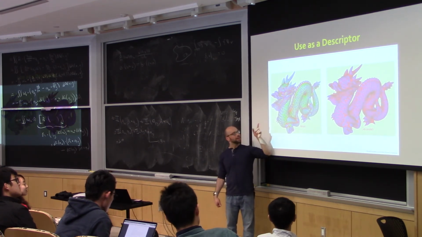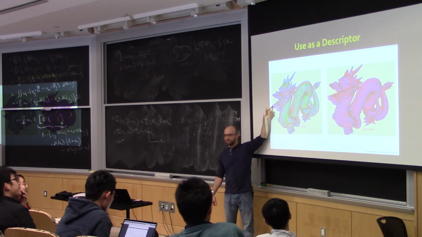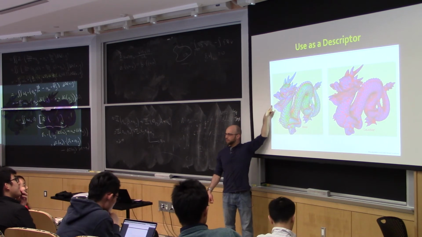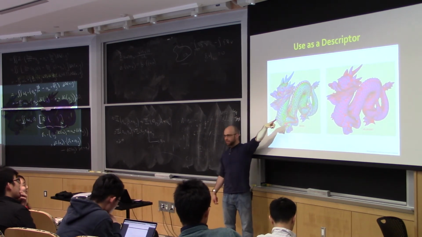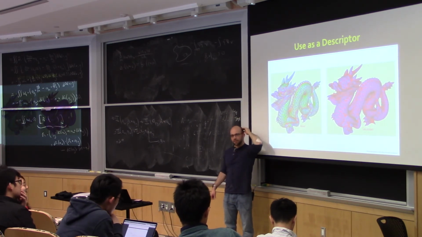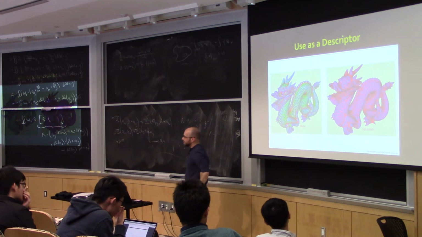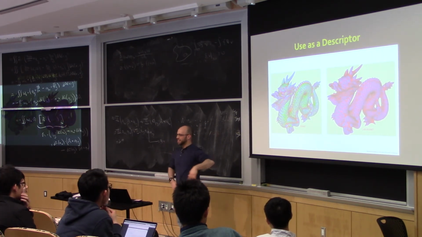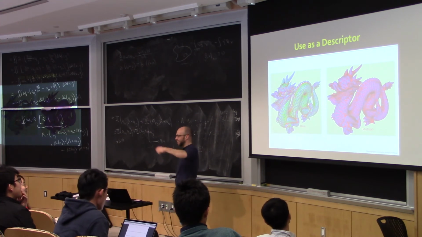I know that if I want the point corresponding to his tongue here, I compute the Gaussian and mean curvature. I can narrow down my search on the other dragon by looking for just points with similar Gaussian and mean curvature. And later on, when we talk about the heat kernel, we'll see that the state-of-the-art strategy for surface mapping is to come up with lots of numbers that would be the same in your mapping, and then just try to find things that match.